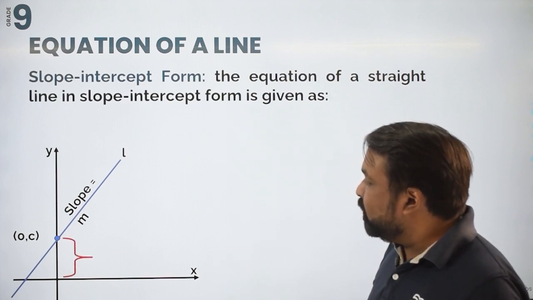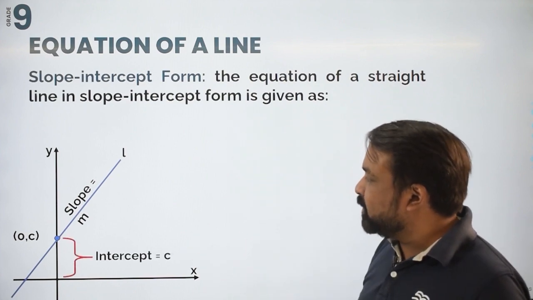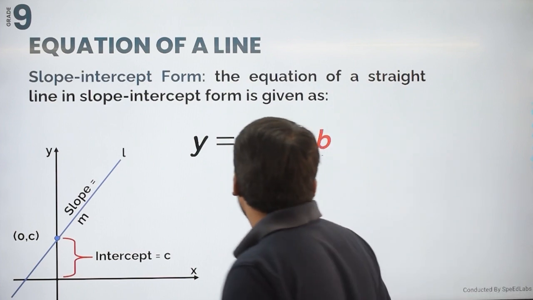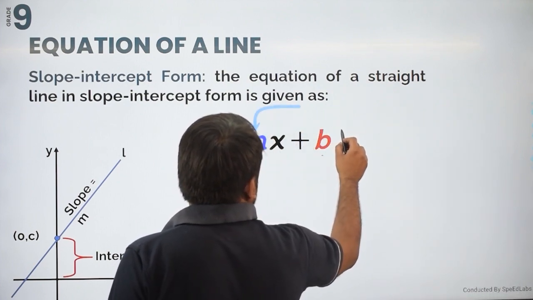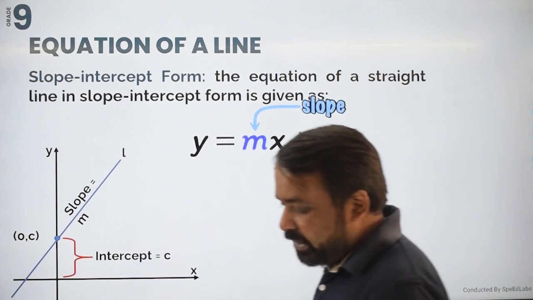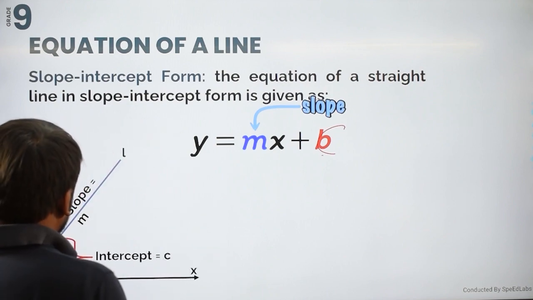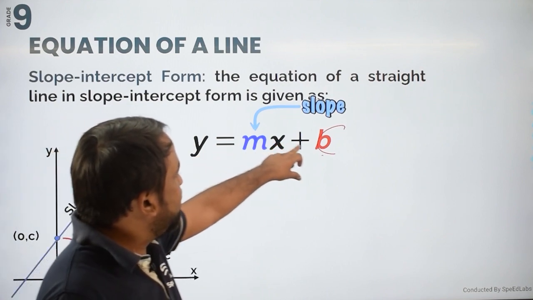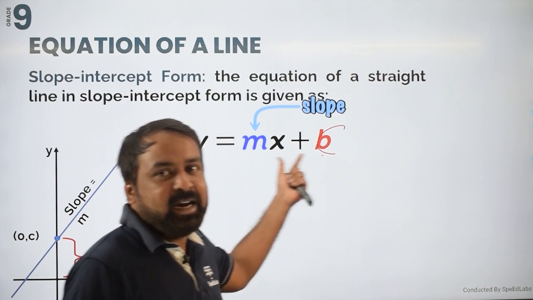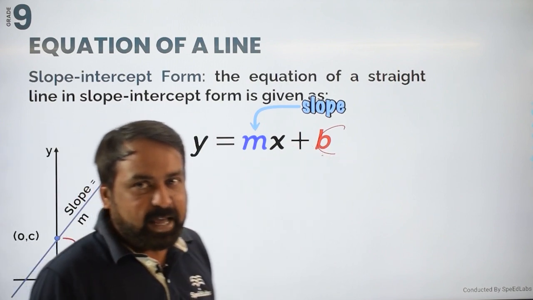Let us suppose that the slope is equal to m. So, we can directly give the equation here, which is y equals mx plus c. Y equals mx plus c is the equation of the line, where m is the slope and c is the intercept. You just have to put the values of c and m here and you can find the equation of the line.